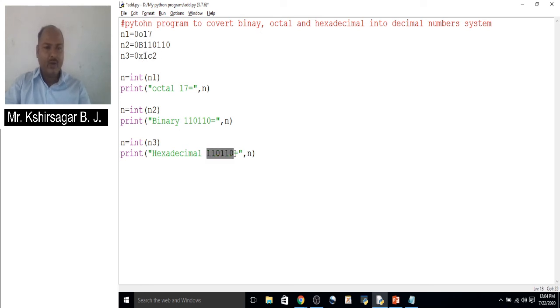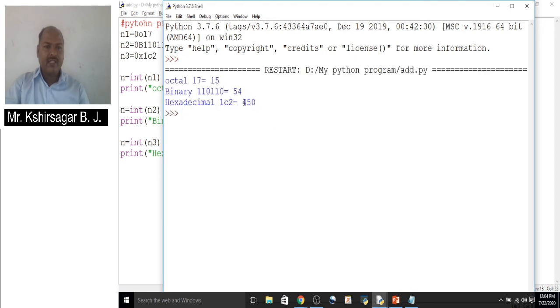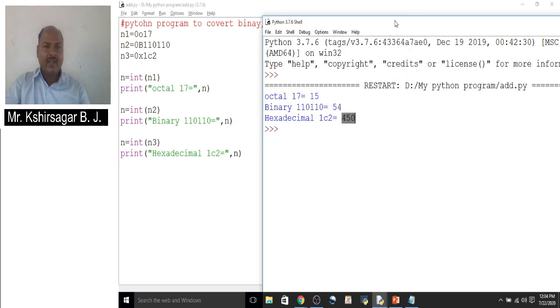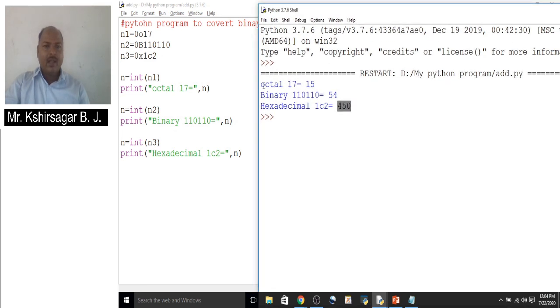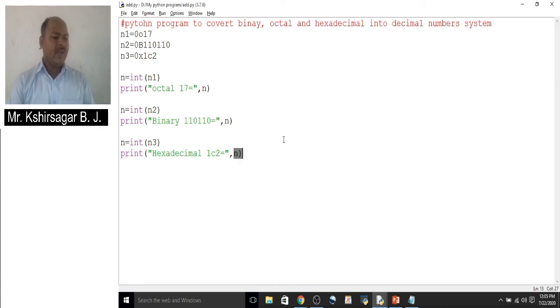Hexadecimal 1c2 equals 450. So if you take numbers in octal, binary or hexadecimal, you can convert them into the decimal number system.